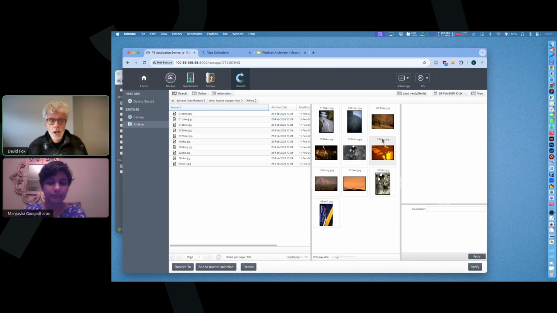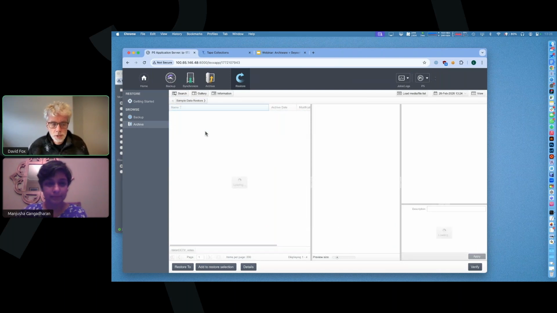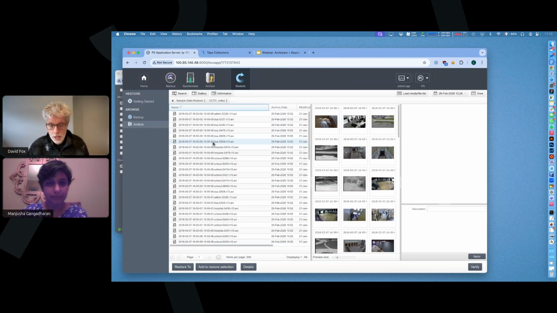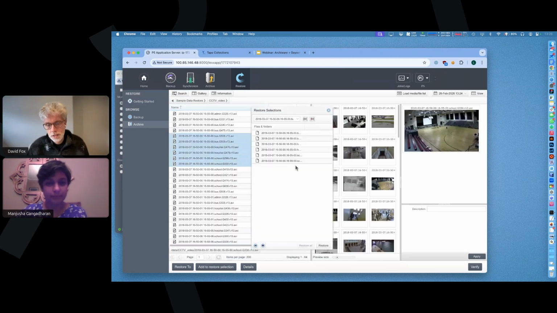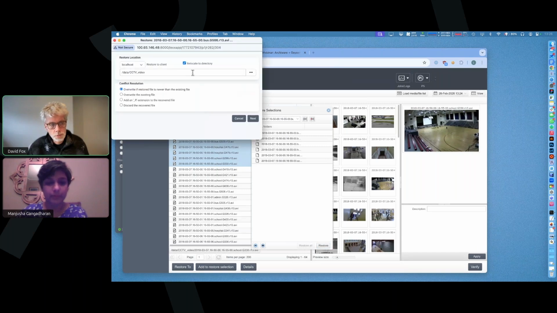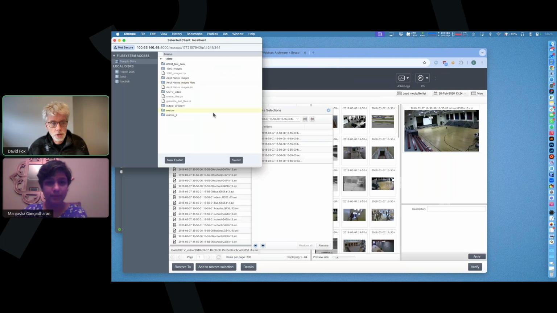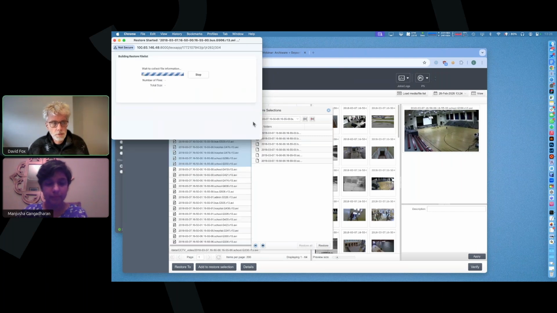folders here. And then if I want to restore something, so if I go back to the surveillance stuff, if I stick some of these in a restore basket here that I want to recover, then I can ask P5 to simply restore these back either to the original location, or I can browse my storage and choose a restore directory like this one. And then P5 will tell me how many files we're restoring, how big they are,